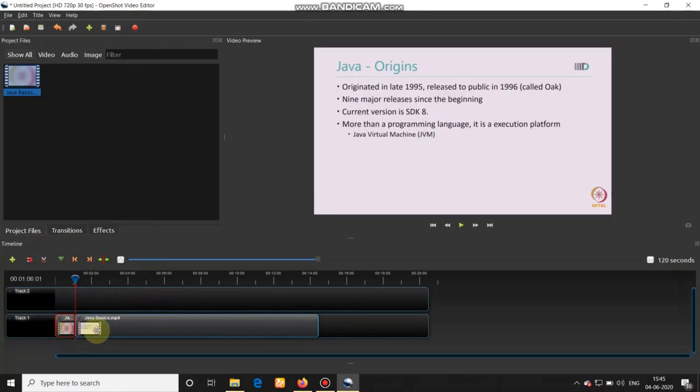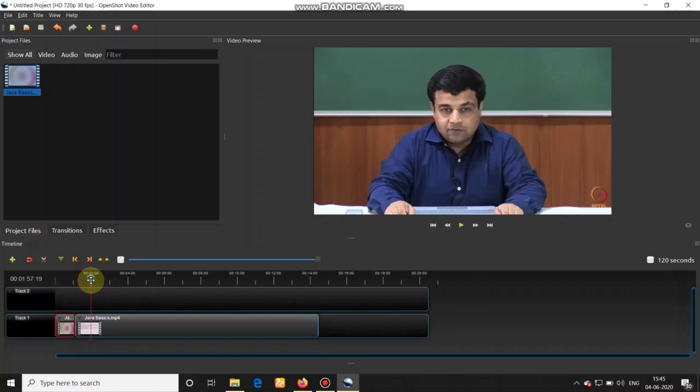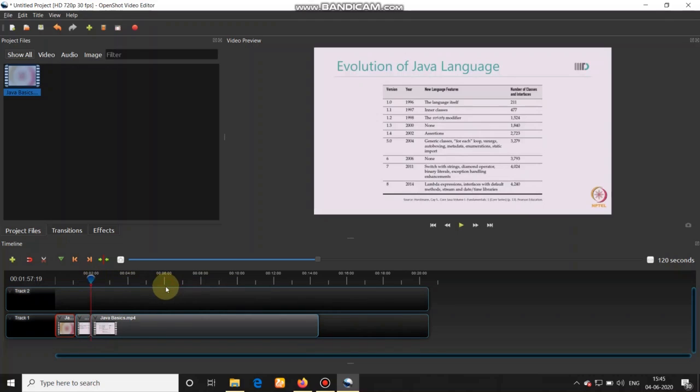So as you can see here, it is going to slice your video into two parts. Now again, move your slider to some place, say at the 2 minute, and go for selecting slice all, keep both sides. Again, it is going to slice your right hand side video clip into two parts. Now, this is what I don't want in my video clip. So I want to remove it.